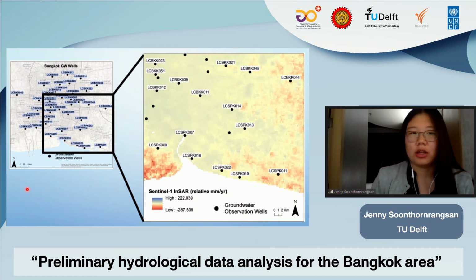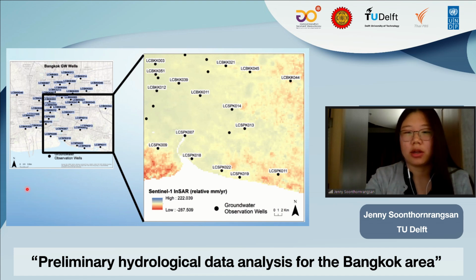Next, not only do we have groundwater data, we also have subsidence data. And so here, shown for the southeastern region of the Bangkok area, I show the InSAR data that we have from Sentinel-1. This is subsidence levels from about 2016 to 2021, and this is relative. You can see that relatively, most of this region is not subsiding much anymore, but most of the subsiding areas are concentrated in the southern regions, in the Soonthornrangsan region, as well as the eastern regions shown in red.